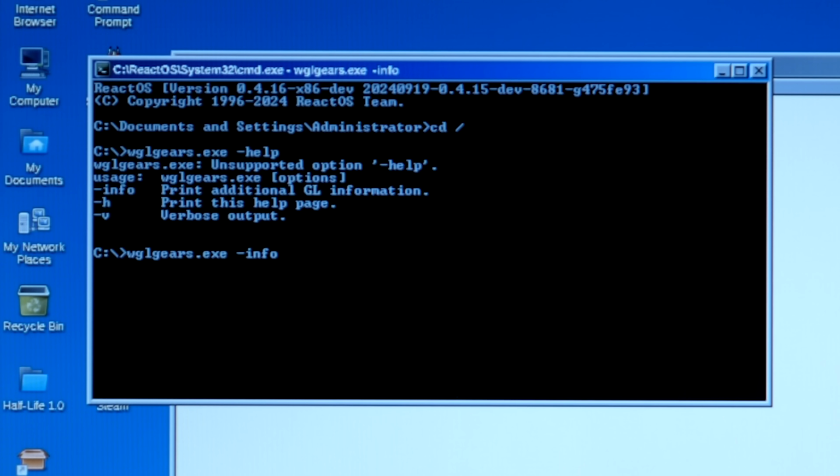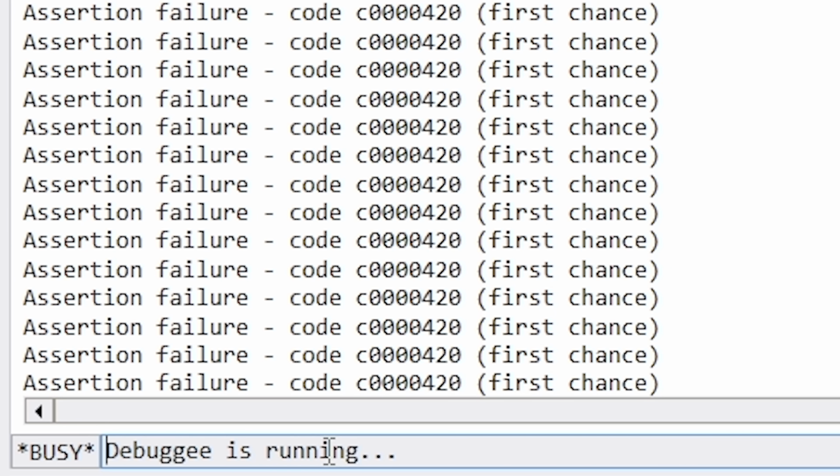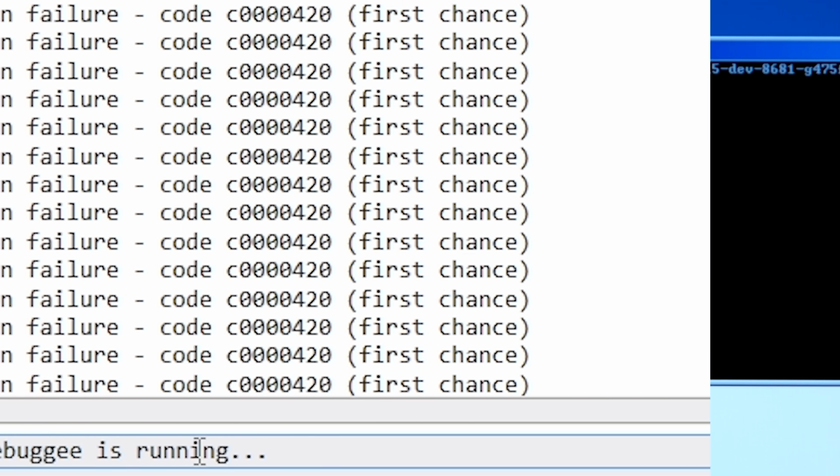So we run WGL gears-info. The system immediately freezes up. We can just bypass that by pressing go in the debugger again. And then the debugger starts spitting out all these errors here, and you can see that it still hasn't actually